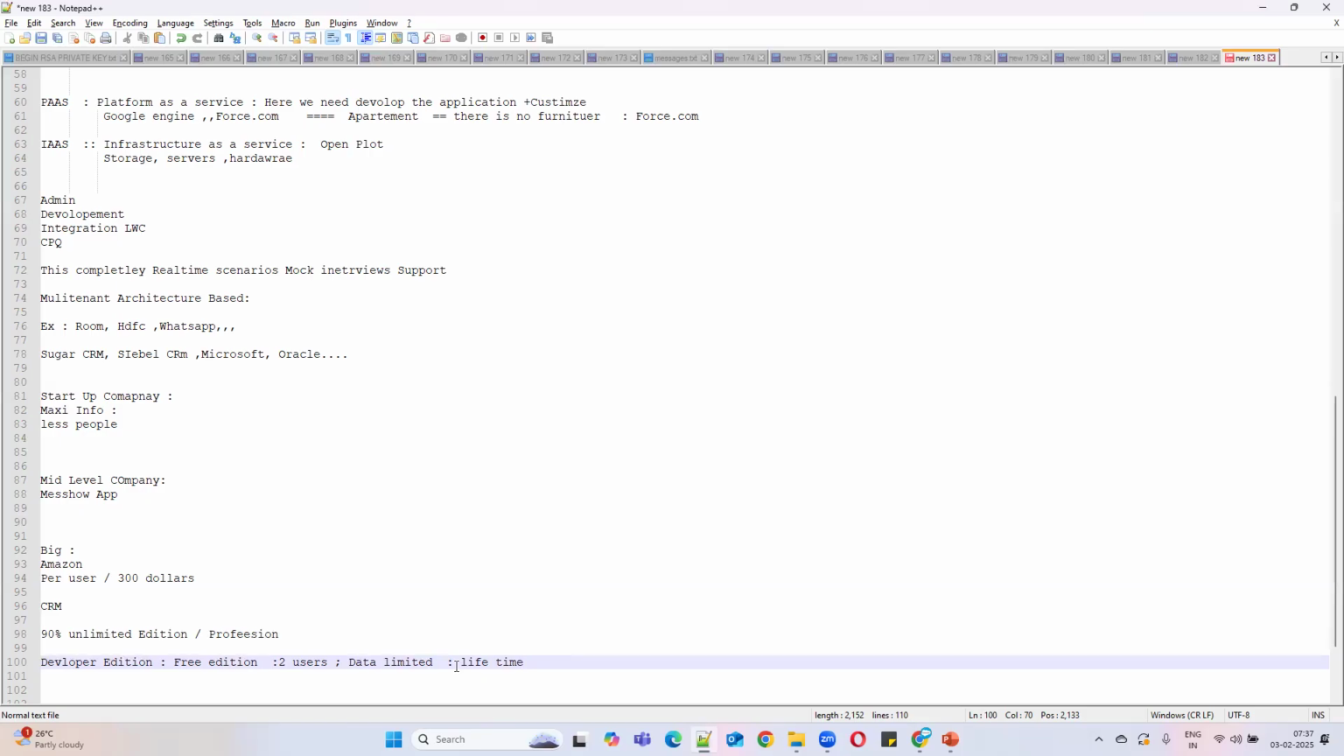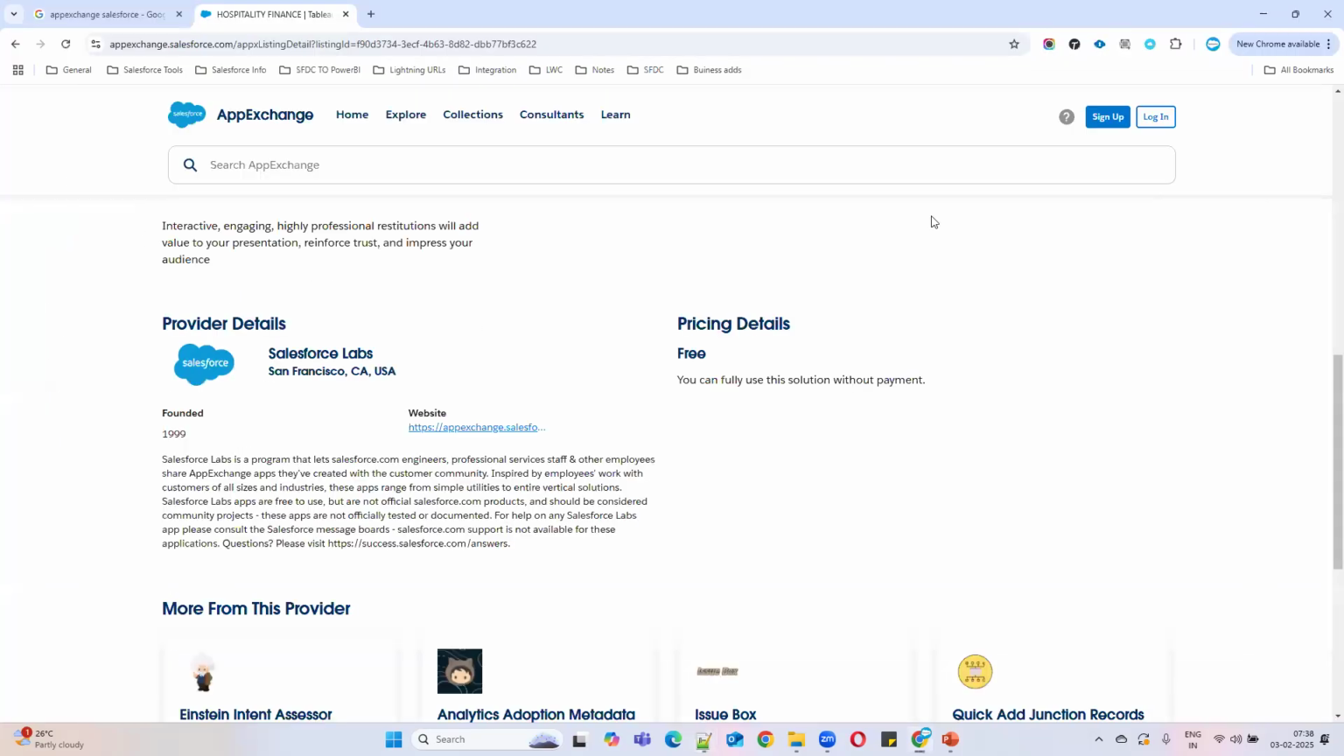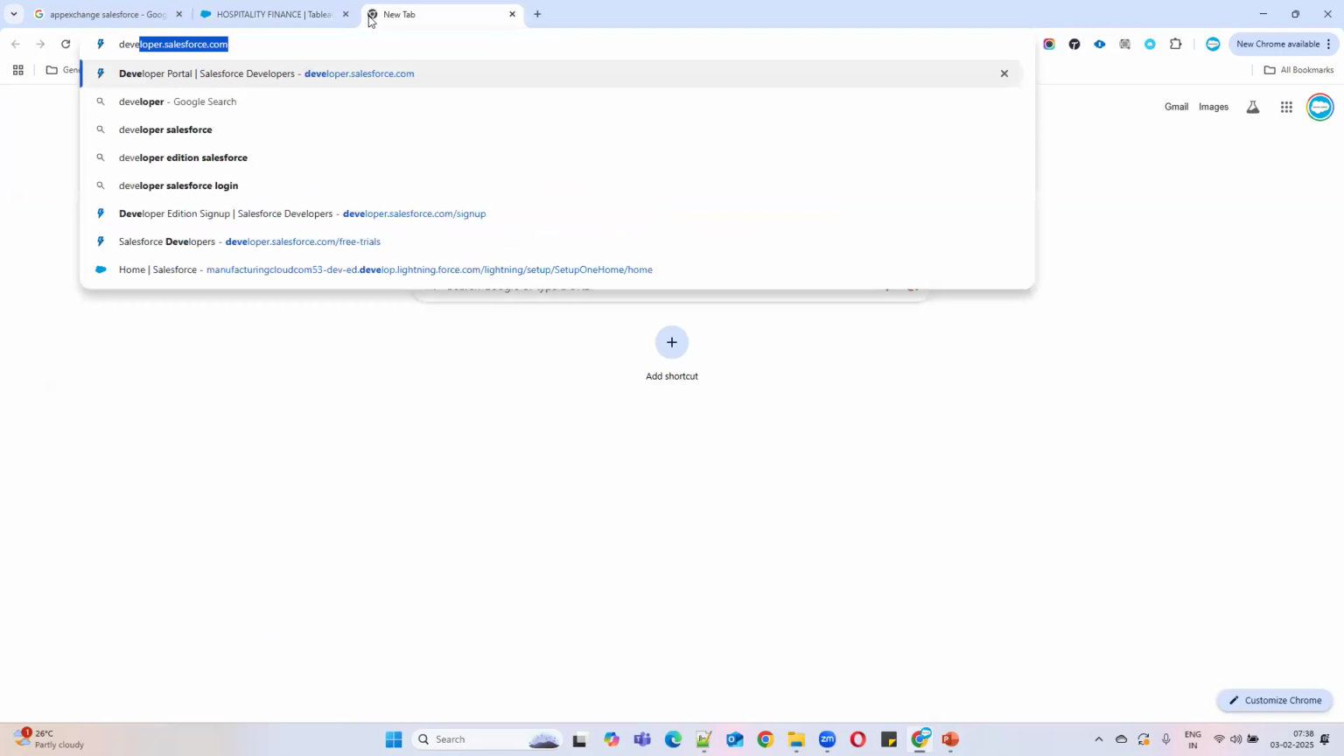It is lifetime. But the main thing is you need to log into this application at least once every 3 months. If you don't log in continuously for 3 to 4 months, it will expire automatically. Okay, so how we can create that org: there is something called